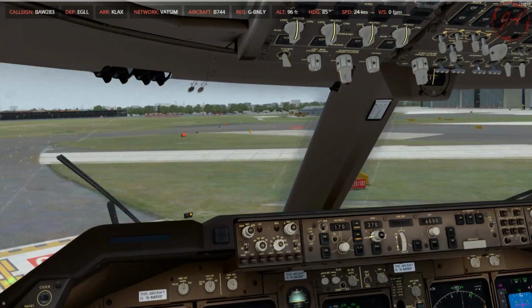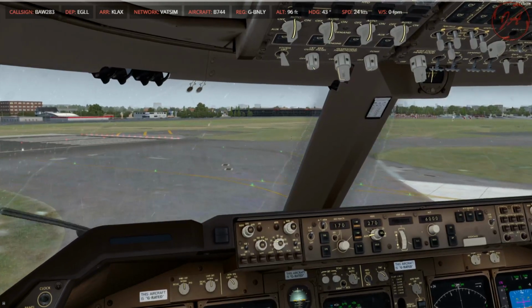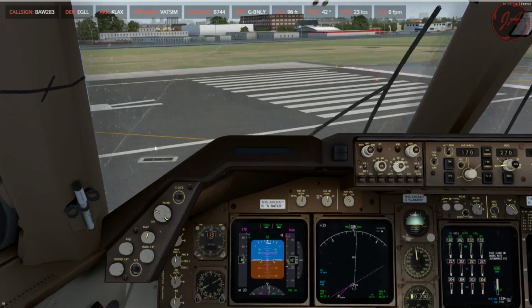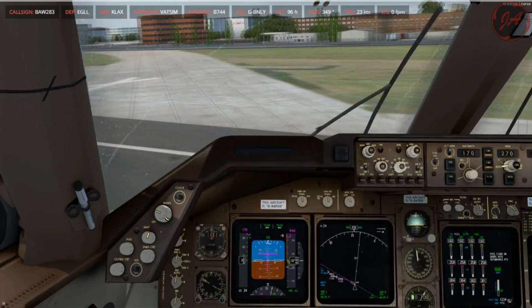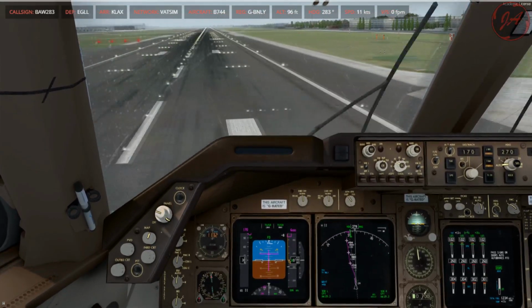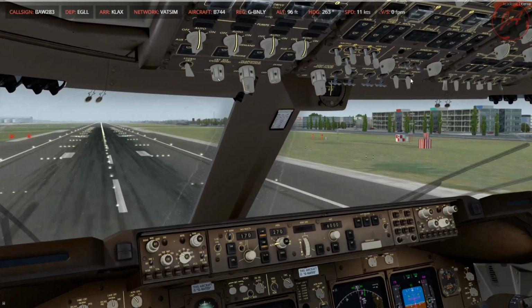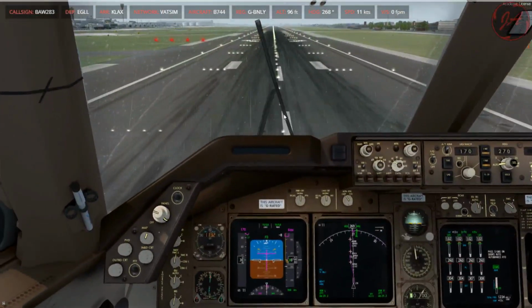Right. Landing lights on. The lineup wasn't too bad either. Let's correct that, and once we do that, we get the strobe lights on as well. And everything else is ready to go. So, start the clock,